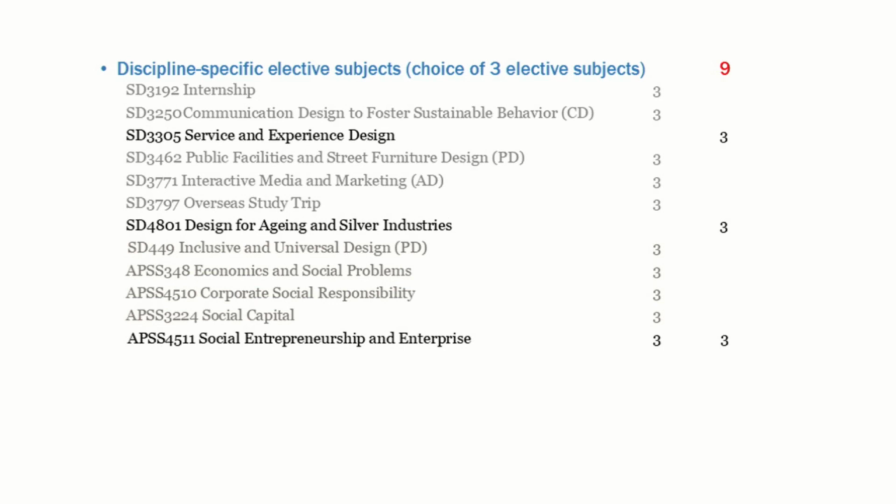Many students choose internship, for example. Internship is an elective in our program, and if they choose that, they will study in a company for 8 weeks during the summer, and then they will get 3 credits from the internship. There are also many students who want to choose the overseas study trip, given that they have the budget to buy the air ticket. I hope next year the pandemic situation will be better so that we could really organize the study trip again. Last year, we were not able to do that,